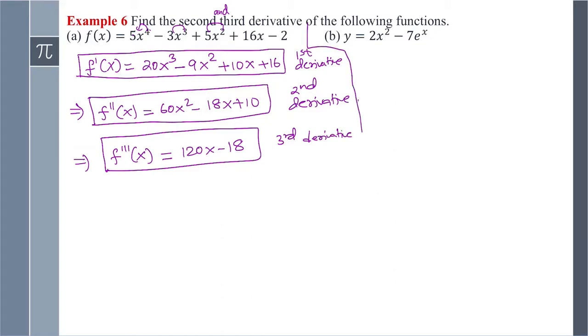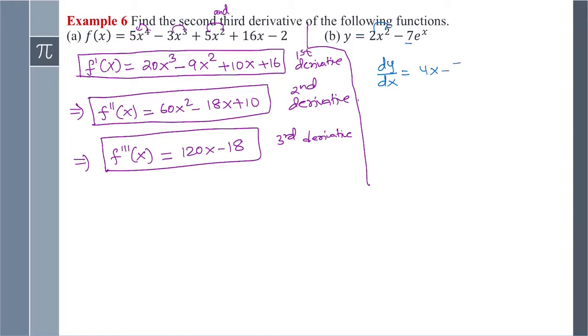So that's how we can find the higher order derivative. Let's do the same thing for this one. Let's go ahead and first find the first derivative. So dy over dx for this function is, bring that 2 down, so we have 4x minus a constant times